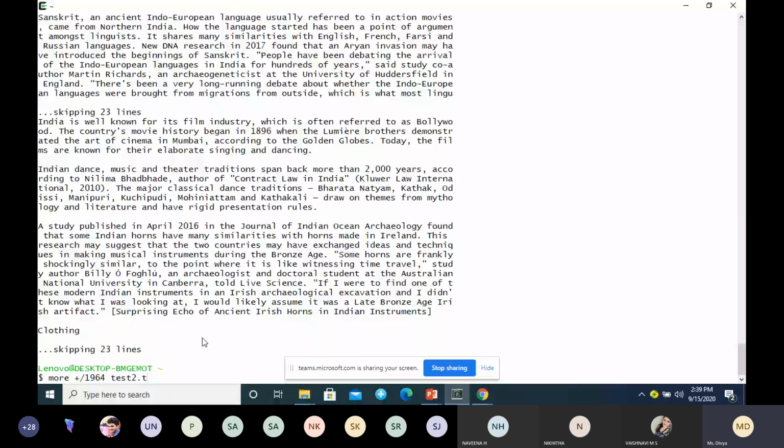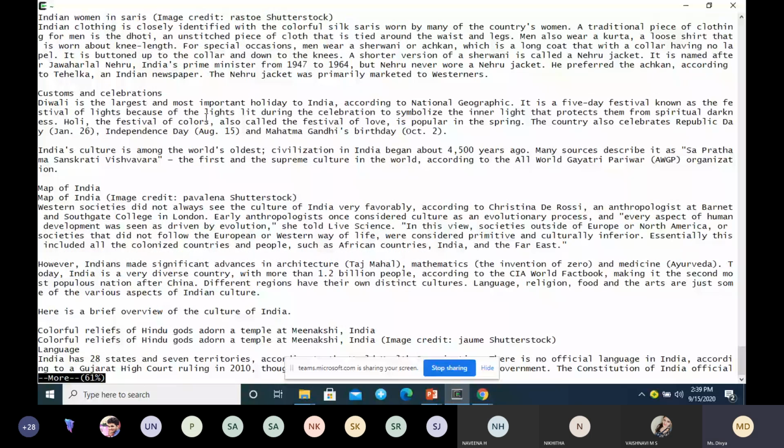I'm giving 1964, which I want to search in the file test2.txt. Now you can see it moves to the page where we have 1964.